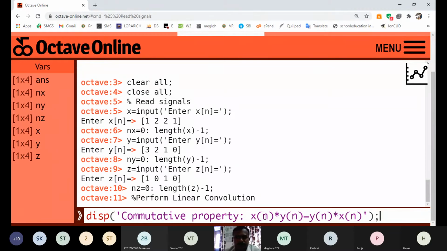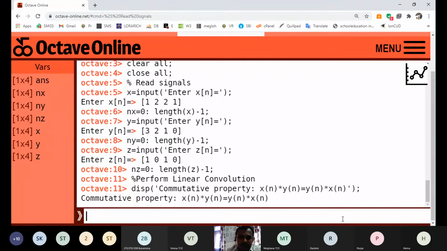So what is the commutative property? It is the linear convolution of two signals such that x of n linearly convolved with y of n is nothing but y of n linearly convolved with x of n. In the mathematical step, it is x into y is equal to y into x.